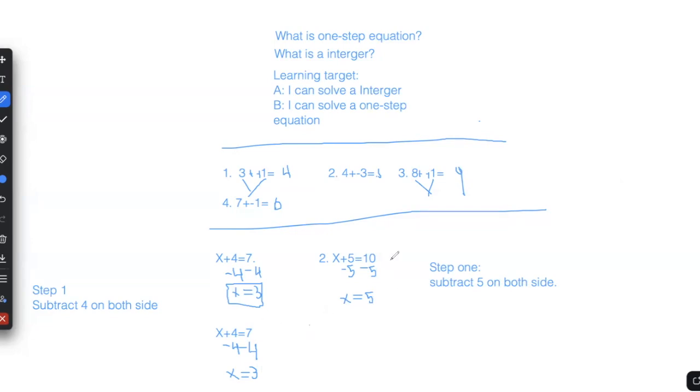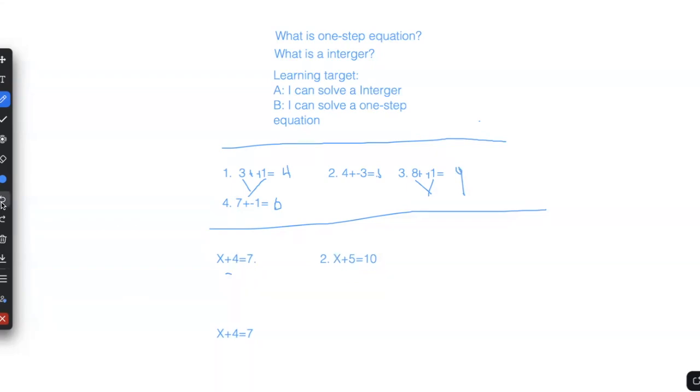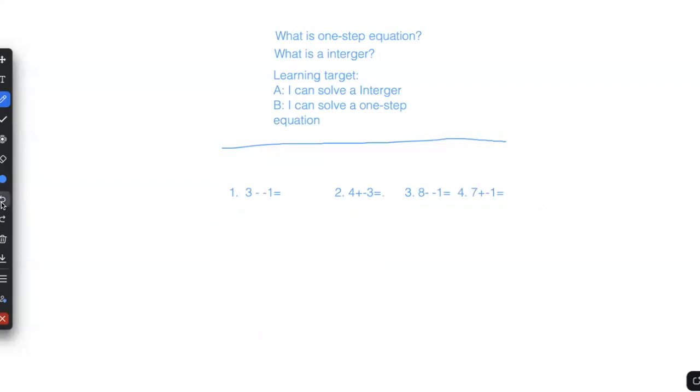Okay. Now we're going to get into one of the biggest problems that you may face here. It's integers. Many people don't know how to solve with integers. So what I'm going to do is help you with integers. Integers are numbers like, for example, -1, -2. But we want to be sure that we know that